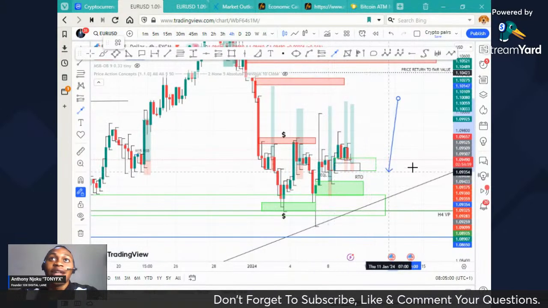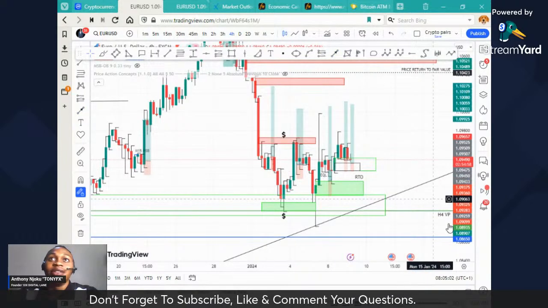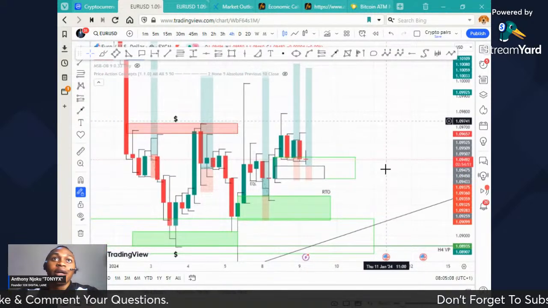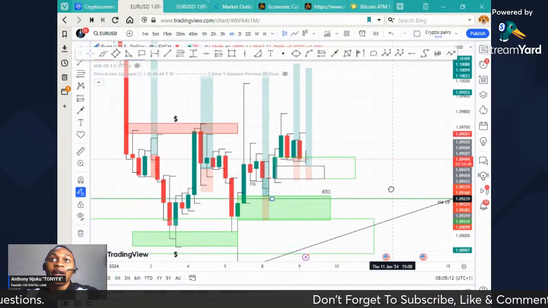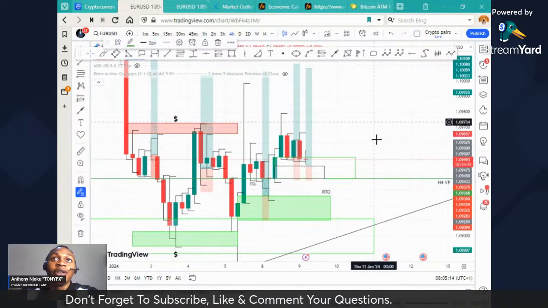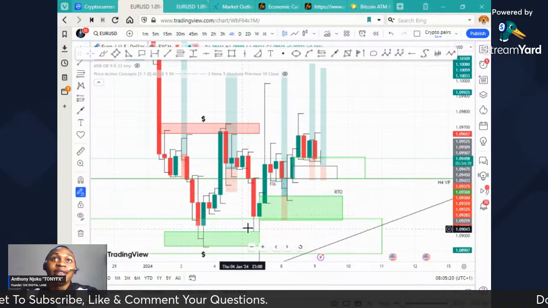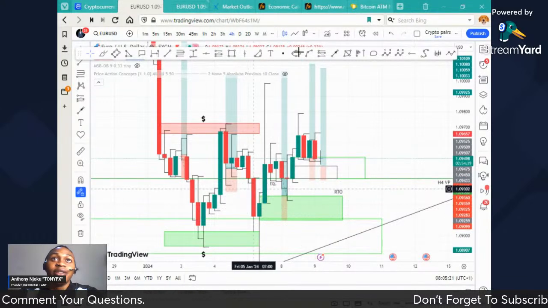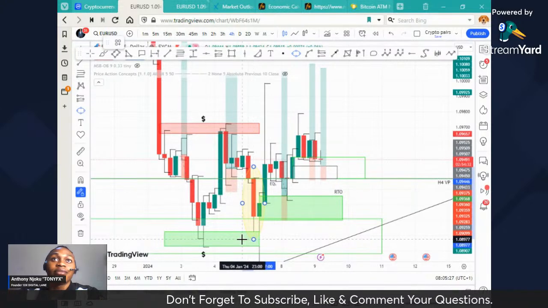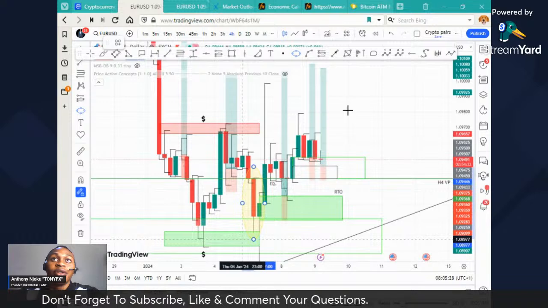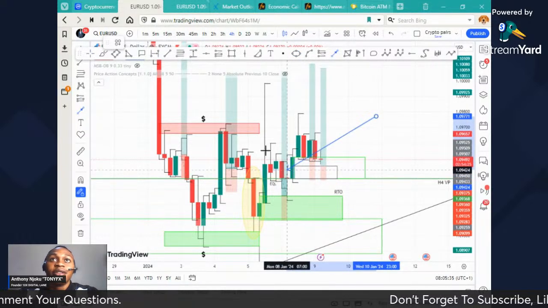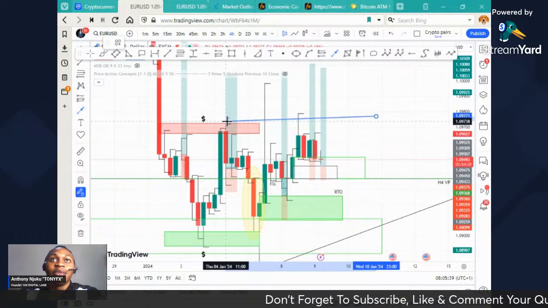The last red candle that mitigated this order block is this red candle over here, which is the current order block. I would say it is this doji candle over here. That's the last red candle that mitigated this particular order block. So if this is the last red candle that mitigated this order block that created this high and change of character,